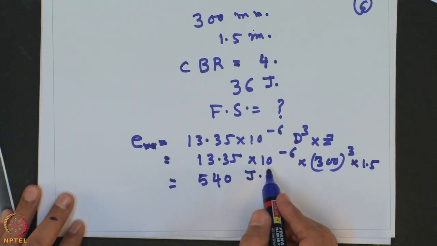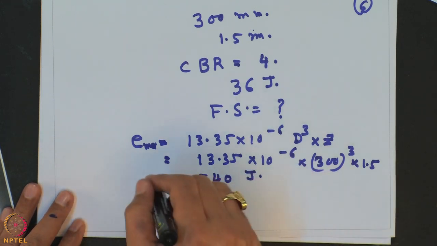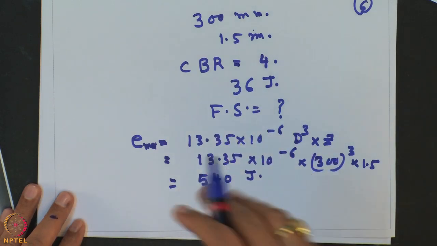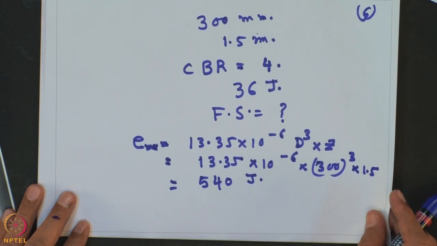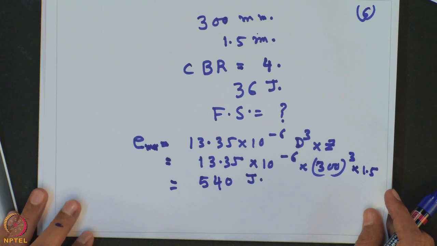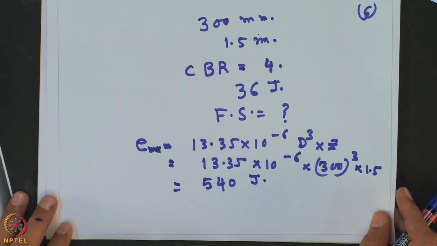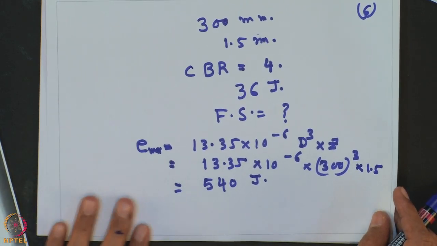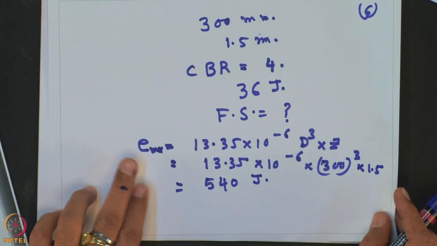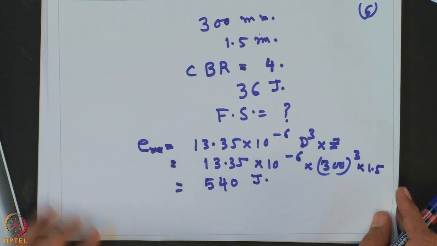So, this value is substantial by the design, because this rock will fall onto very soft soil. So, you require the factor of safety, and you have to use the modification chart to determine it. So, this is the E maximum which you have determined, 540 joule. So, from the modification chart